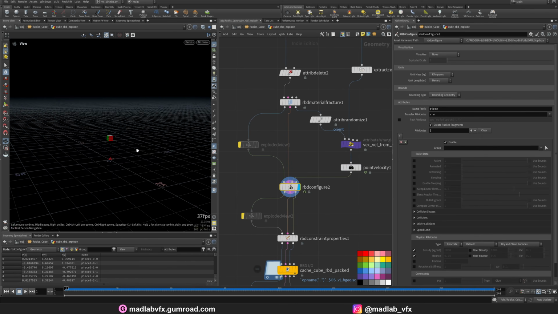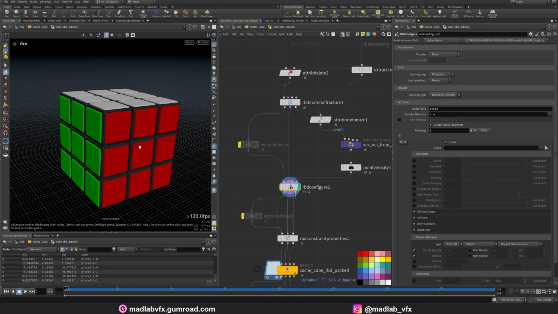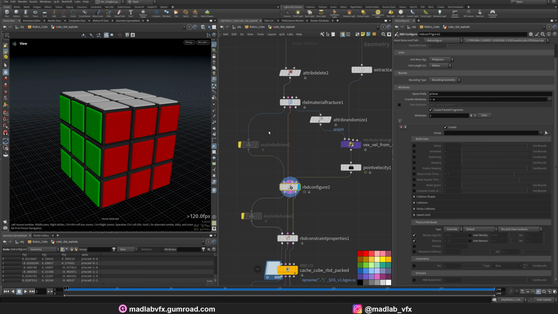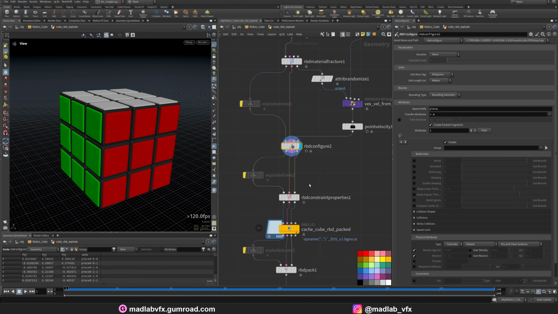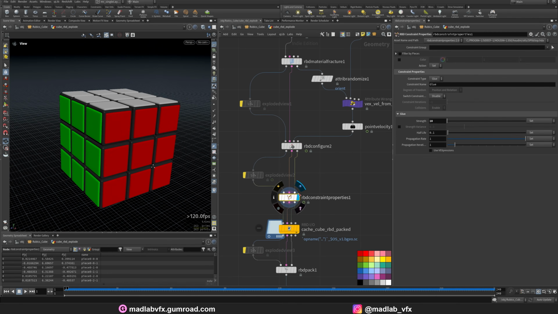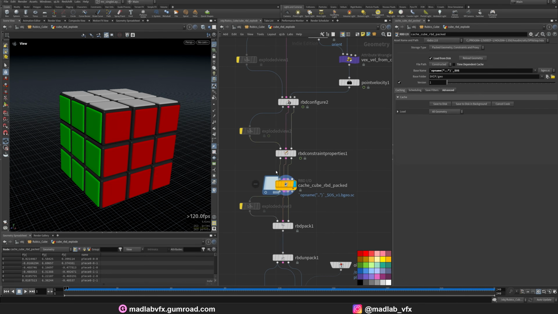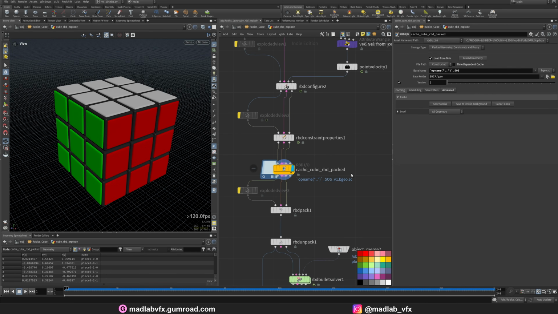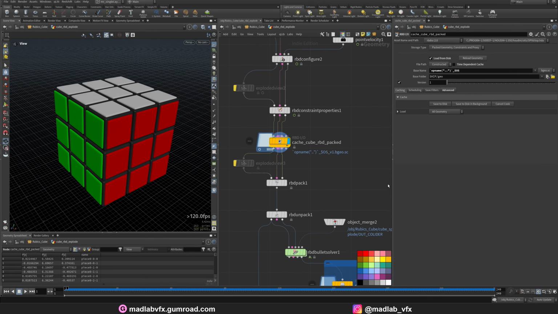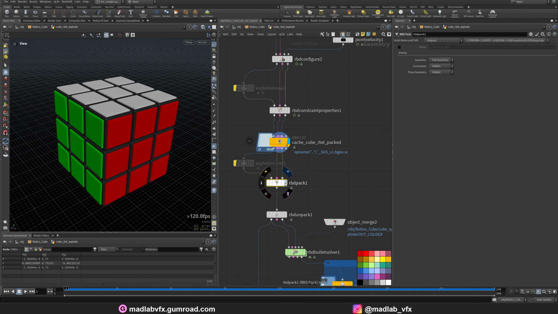I use RBD configure. After that, I create RBD constraint properties. We don't need a high strength for the constraints. And I cache that, just one frame. That's the static frame for the simulation. I create RBD pack